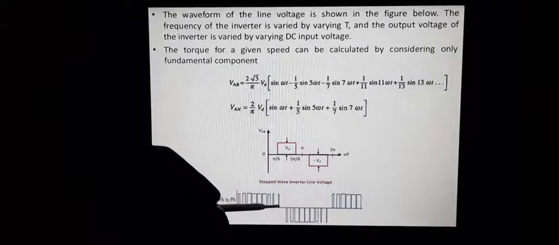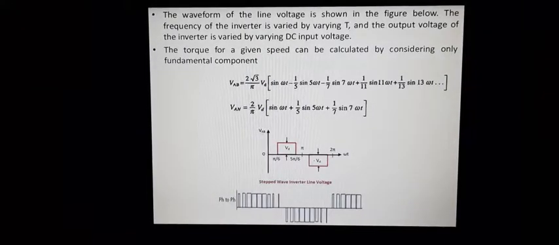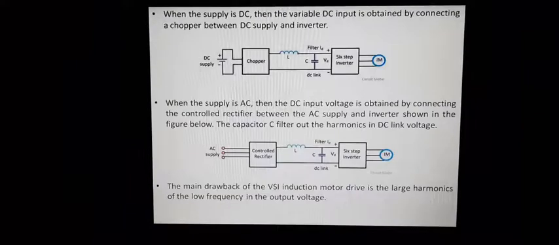Since the shape resembles that of the sinusoidal wave, comparing with that of the stepped wave inverter, the harmonic content also will be very much reduced. As we have mentioned before, it is the harmonics which had created all the problems in the case of a stepped wave inverter. In the case of SPWM inverter, the amount of harmonics has been reduced tremendously. So there will be large changes associated with the losses, and smooth speed control and all can be easily achieved. Those are the advantages while comparing with that of the stepped wave inverter.